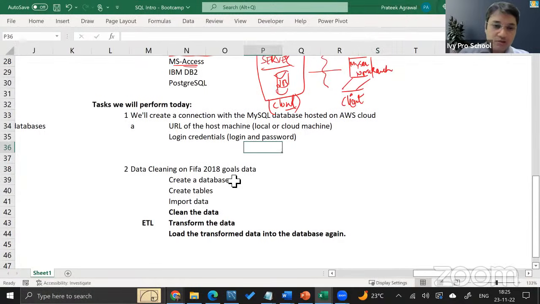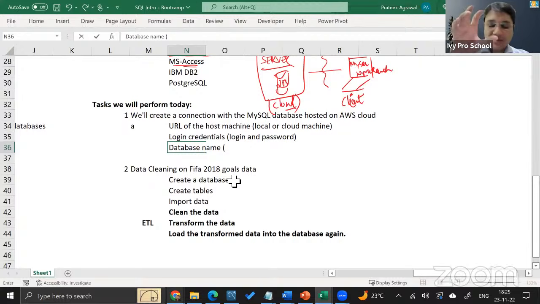Ideally, you should also know the database name that you want to connect to, because in a database server you can create multiple databases, but this is optional. If you have the root access, you can access the entire database very quickly.